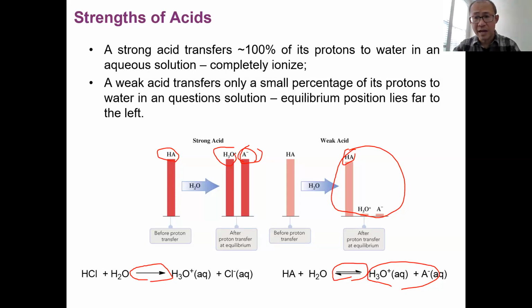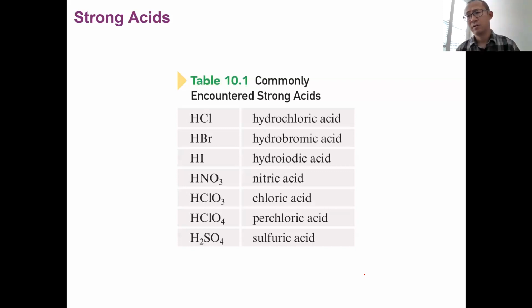The majority of the acid remains intact as HA, and those are weak acids. For strong acids we use a single arrow, and for weak acids we use a double equilibrium arrow. The reason I said most acids are weak acids is that in nature,